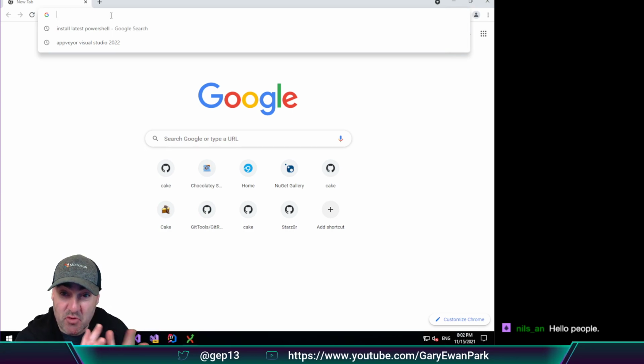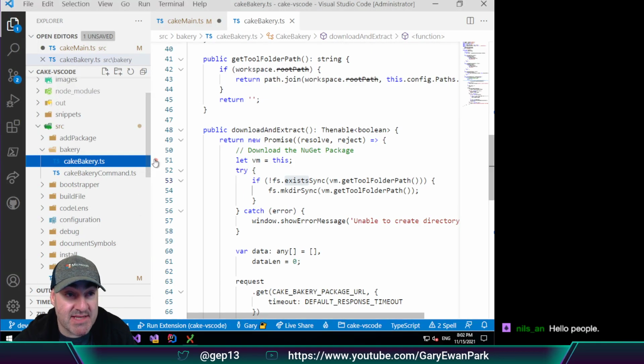So you can see a theme going on here. We've got Cake, we've got Bakery. So what Cake.Bakery is, it is a module for Omnisharp, which provides the ability to get Intellisense within VS Code when we're writing a Cake script. Now, there's been some suggestions with the new version of Cake.Bakery that we've just released that we need to